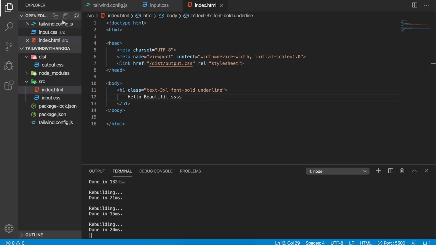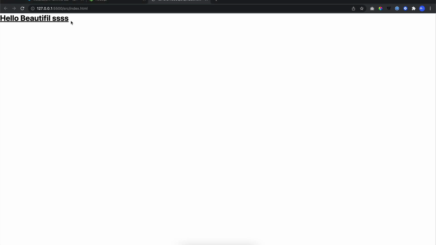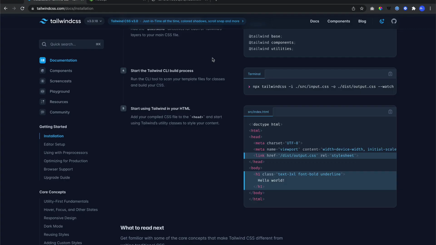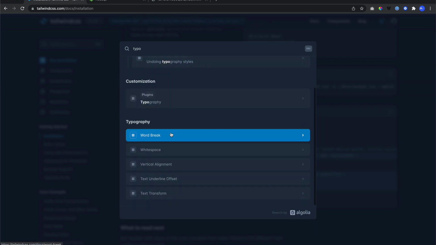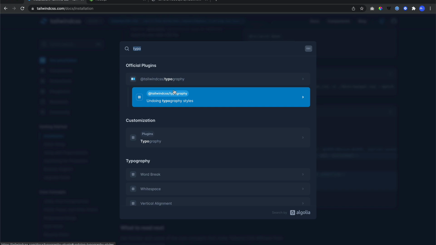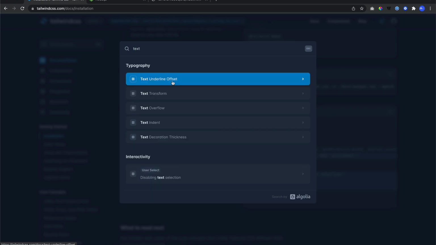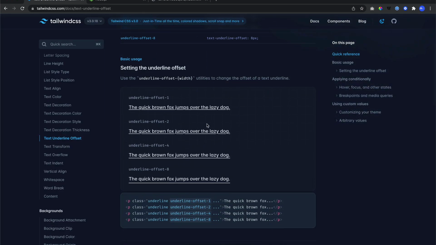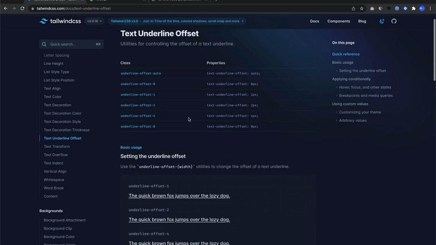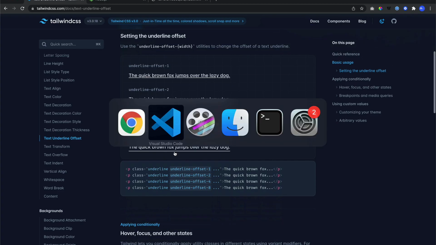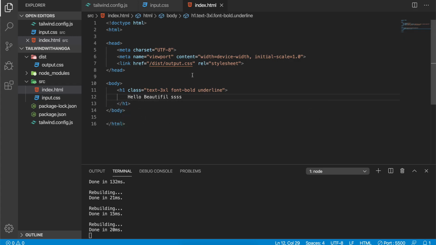Okay, and if you see this underline, this is from Tailwind, so you can quickly search here for typography, sorry, maybe text underline. Yeah, you can see this is one of the Tailwind classes, and it is ready to use for our website project.